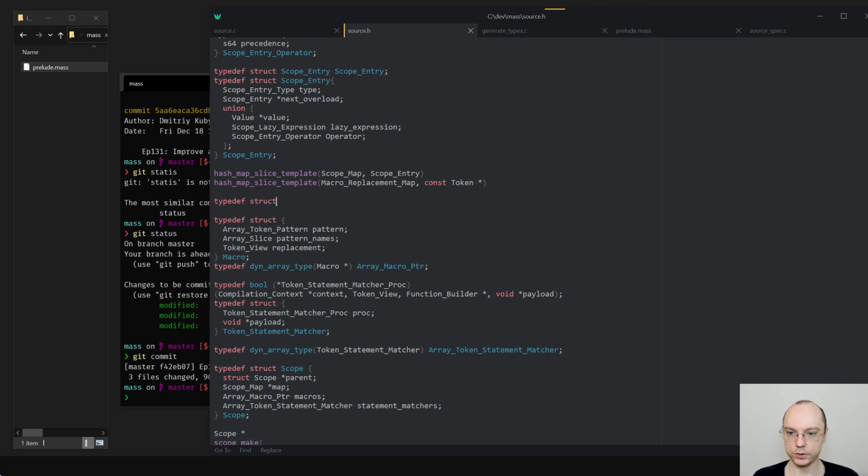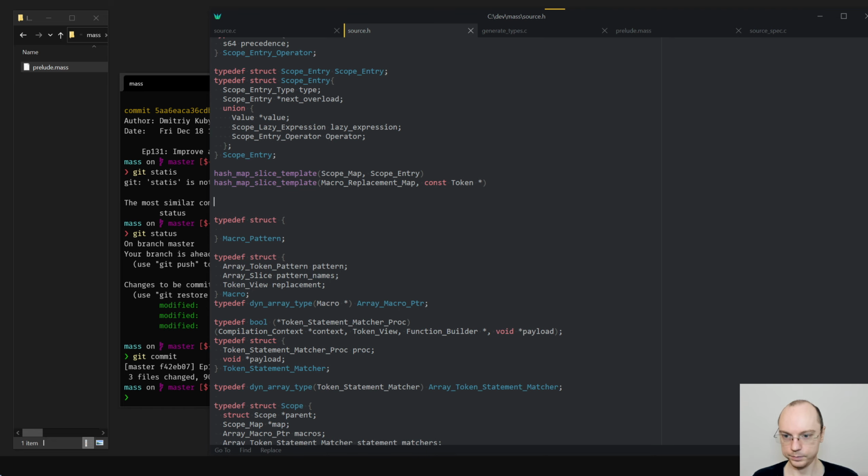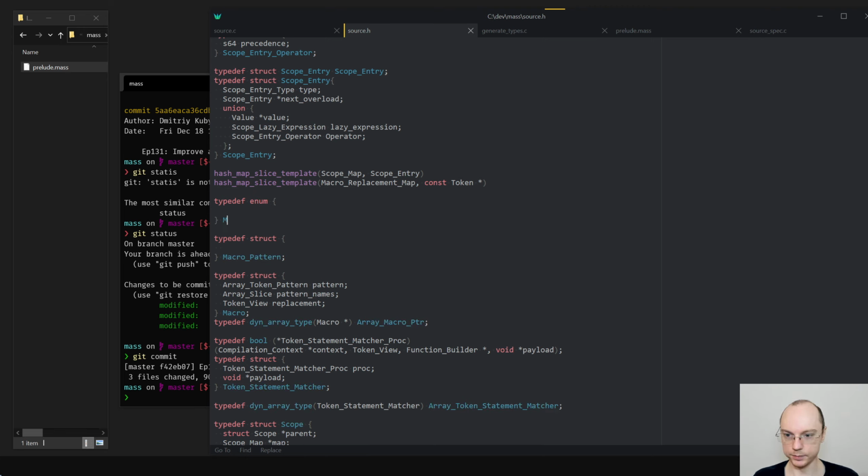Type def struct macro matcher or macro pattern, and the pattern will be, well, it's going to be a tagged union, so macro pattern tag, and the tag will be macro pattern tag start of statement.